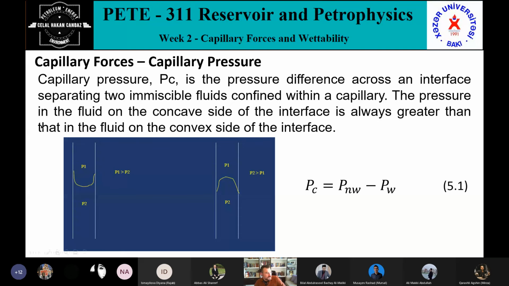How do I understand this one? If you want to understand which one is the non-wetting and which one is the wetting phase, you have to check their interaction with the surface. So see the surface here. What's happening? The P2 in the second phase has a tendency to spread on the surface. It wants to spread on the surface. You see it in this part, but P1 doesn't have this type of behavior. Its pressure is much more in the center. Its pressure is forcing, but it doesn't have a tendency to be flat or something like that.